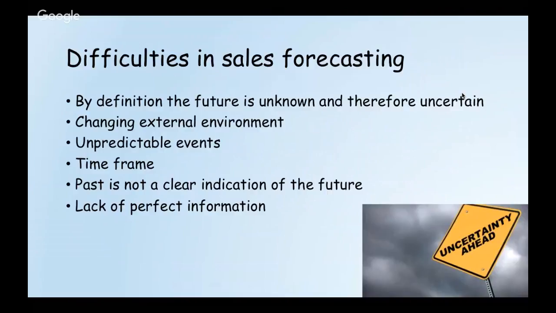Furthermore, the past is not a clear indicator of the future. Things that have happened before do not guarantee that they will happen in the future. For example, the American Alan Greenspan stated that the economy would never ever collapse because of the success that they'd had in the past. However, we now know that to be untrue.